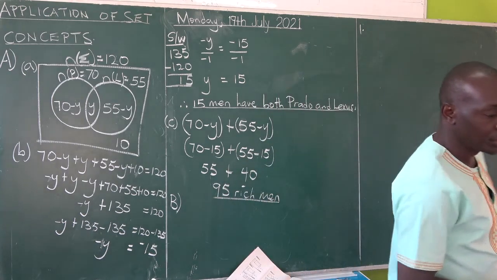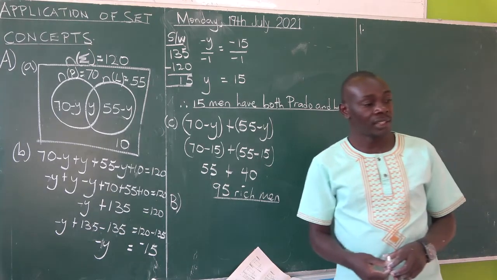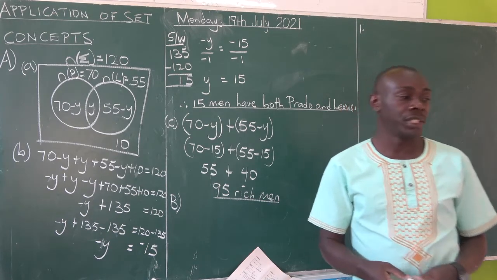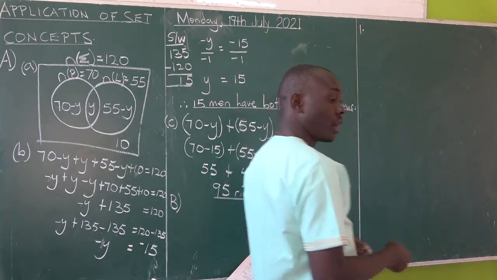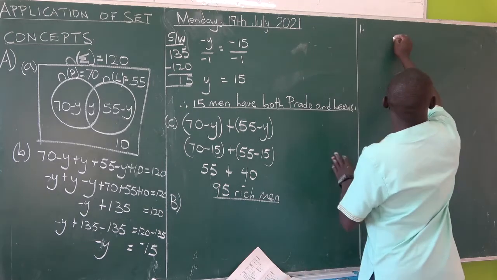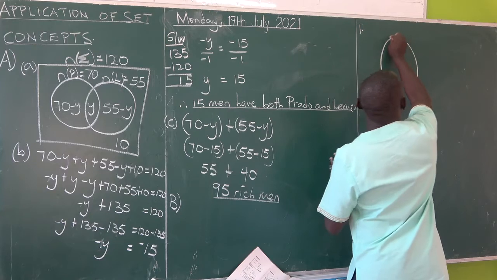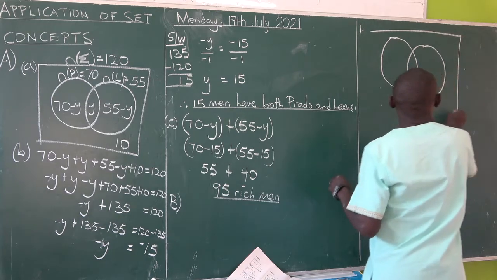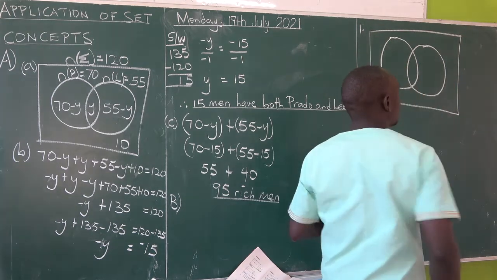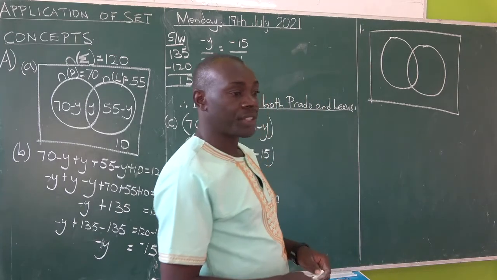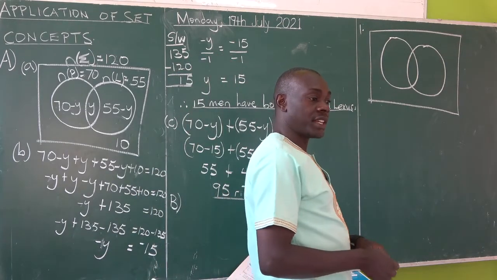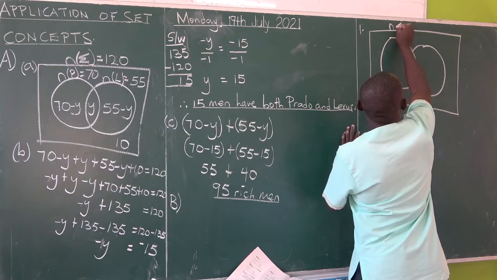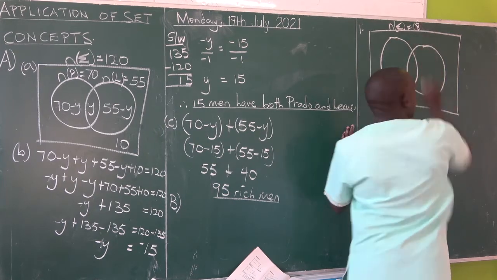Remember, the instructions are 2. Representation of the entire information on a Venn diagram, as well as find the unknown that is formed in. Today it is X there. So we shall draw our Venn diagram and do the representation as asked. So draw that circle, but remember the Venn diagram can take other shapes, rectangular ones, but the commonest are the circles. Now represent that information in the Venn diagram where we say at a party of 18 friends. So that's the universal. You say number of elements in the universal set is equal to 18.